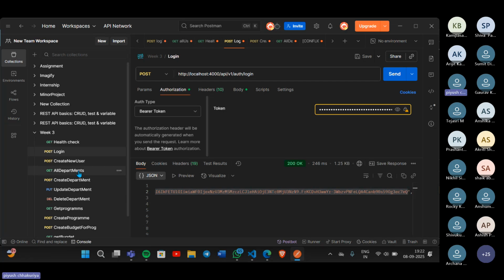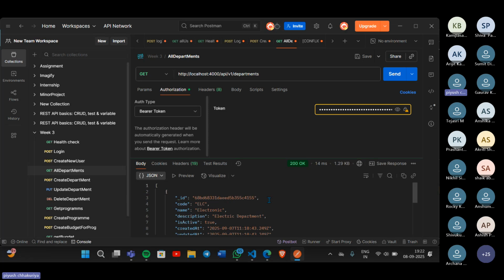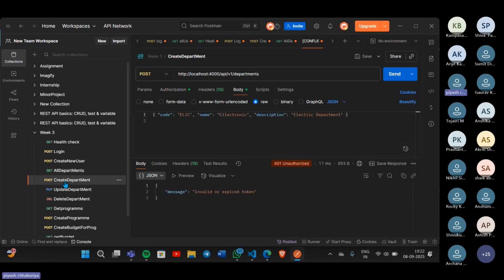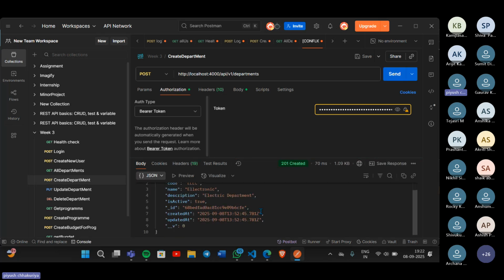Okay, now get all the departments, paste the token and send it. So now we have created one new department. Okay, sorry, here I have to paste it. Yeah, now we can create. Now here is our new department.